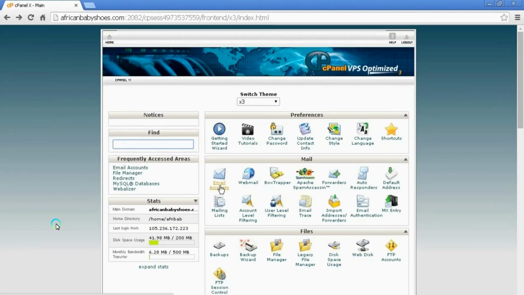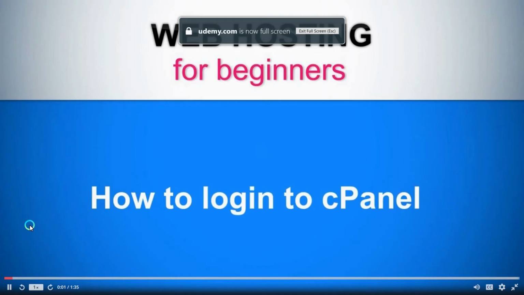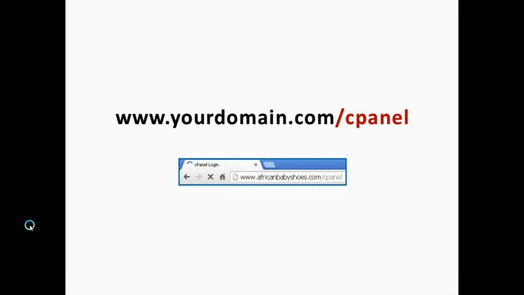Things like creating new email accounts, deleting email accounts, and so on is actually quite easy to do in cPanel. When you sign up for a cPanel hosting account, you will receive your account details that will allow you to log into cPanel. This will include the link, the username, and the password. Your link to your cPanel will look something like this: